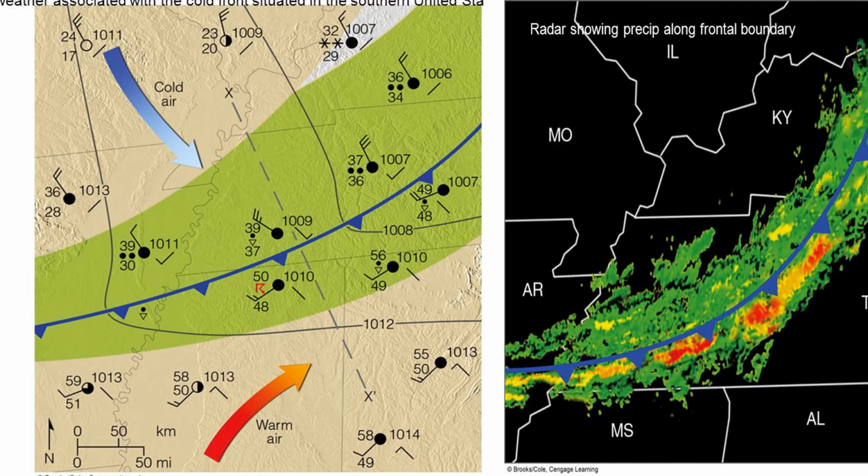We find wind with a southerly component ahead of the front and wind with a westerly component behind it. Since the cold front is a trough of low pressure, sharp changes in pressure can be significant in locating the